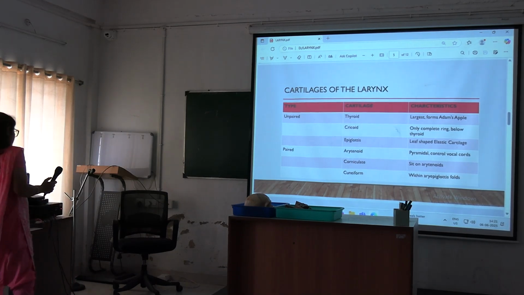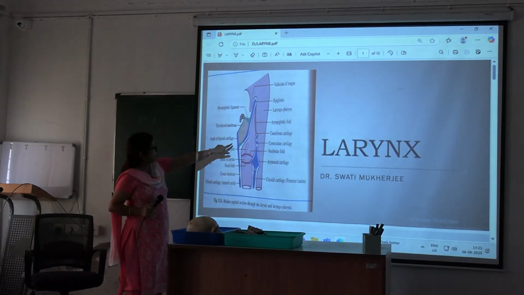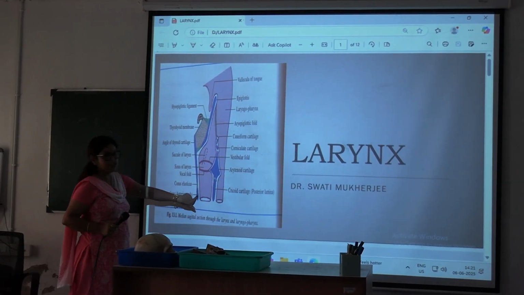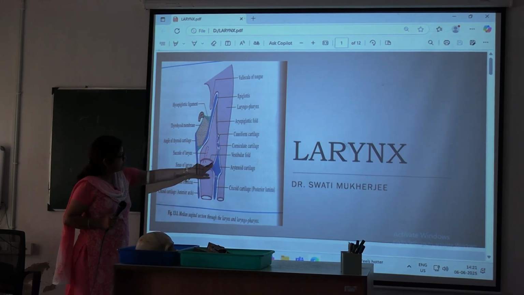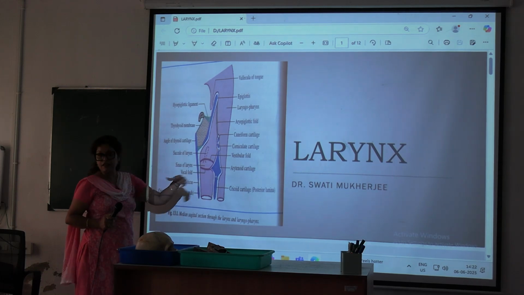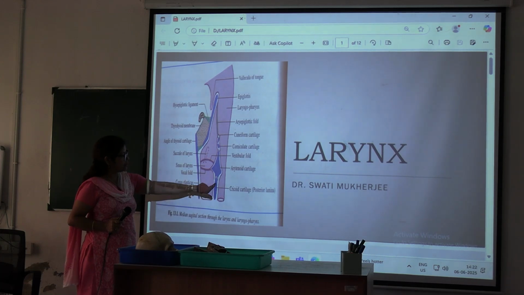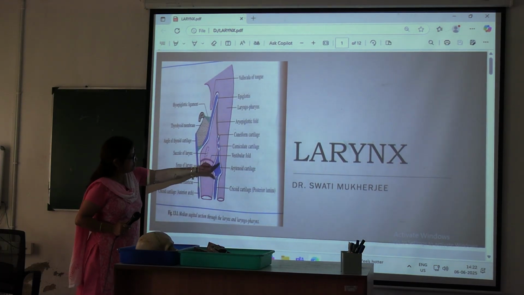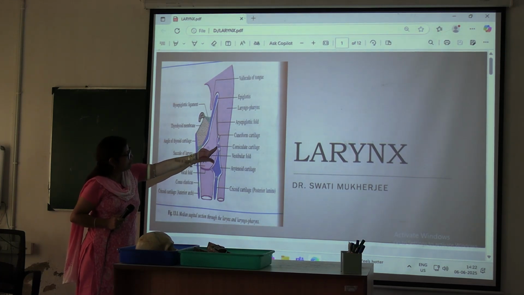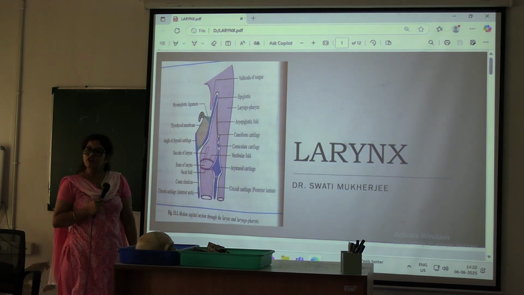I will go to the first slide. Now we see here, this is the epiglottis, this is the thyroid cartilage, this is part of the cricoid cartilage as it is a complete ring. So here you can see the part, this is the arytenoid cartilage and this part is also cricoid, it encircles the larynx, a complete ring. So part of here it is cricoid and here also it is a cricoid cartilage. This pyramidal shaped cartilage is the arytenoid cartilage, above which there is the corniculate cartilage which sits above the arytenoid, and above that the cuneiform cartilage which lies within the aryepiglottic fold.